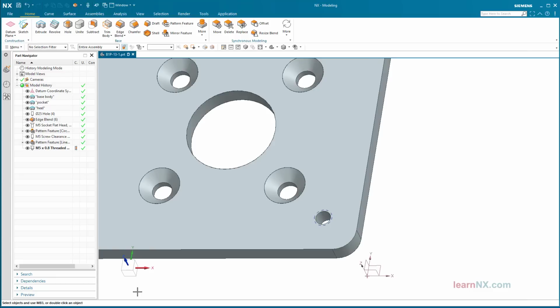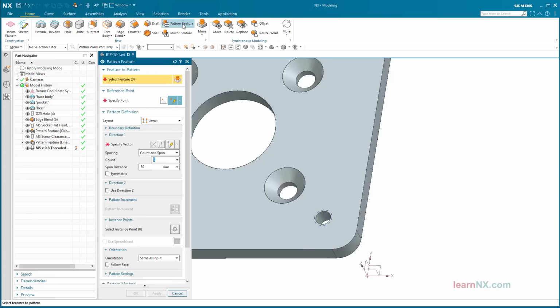Now a linear pattern is created in 2 directions. Start the pattern feature command. Select the threaded hole. Choose linear as the layout. -x as the vector,